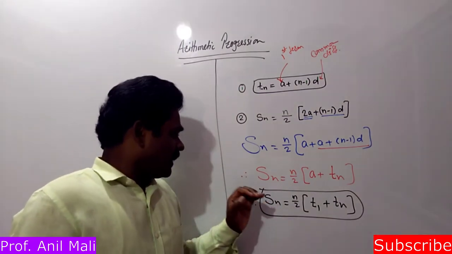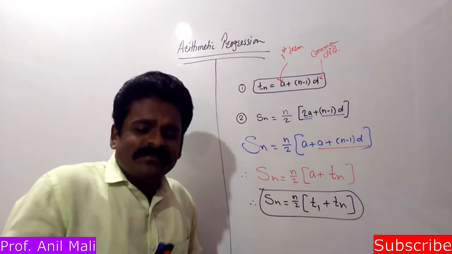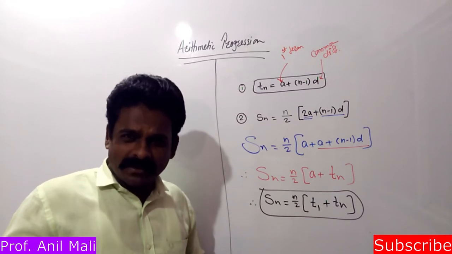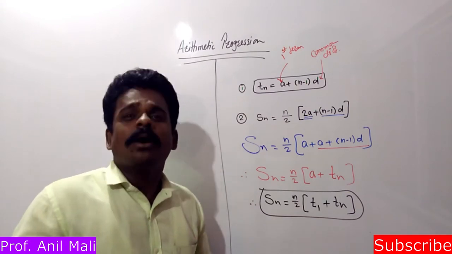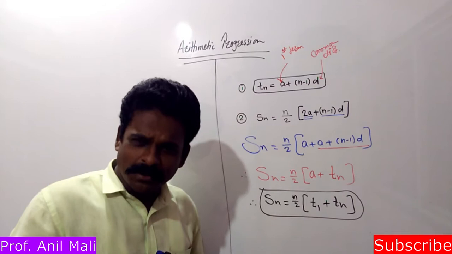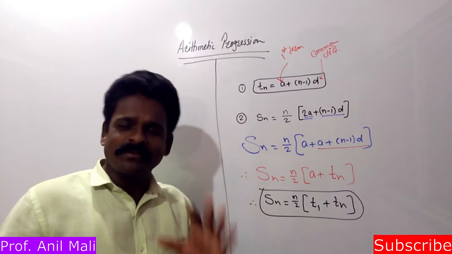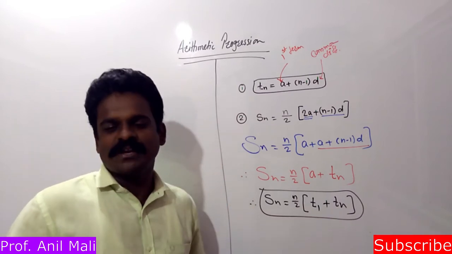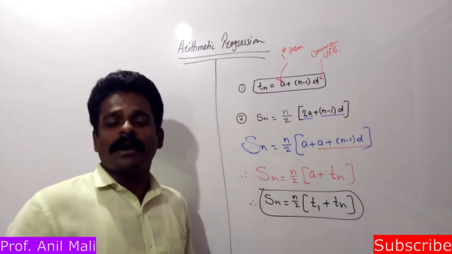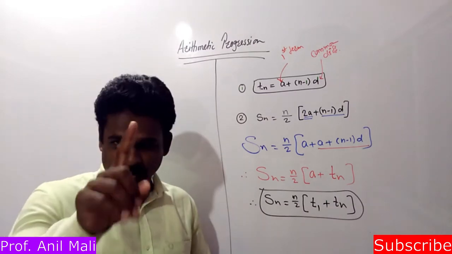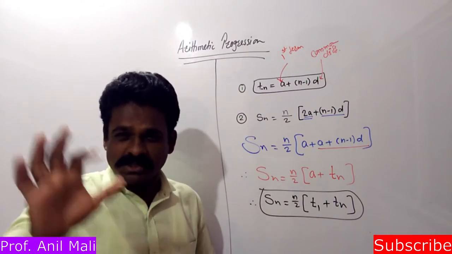Okay. Now from the same formula, we will derive a few more formulas for finding the sum of first n natural numbers, sum of first n odd natural numbers, and sum of first n even natural numbers. So these are the three categories for which we are going to derive formulas. Directly we can find the sum of first n natural numbers, even natural numbers, and odd natural numbers. Okay, fine. So first we'll discuss only the sum of first n natural numbers.